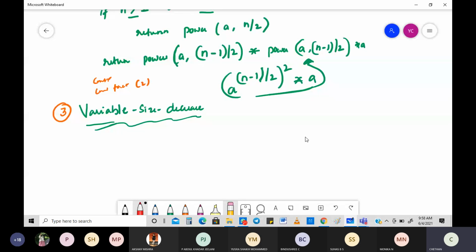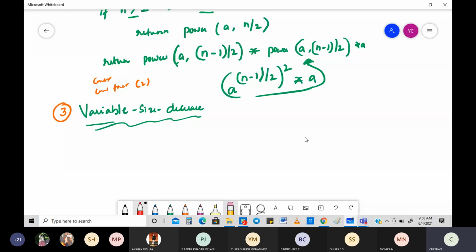As the name suggests, the name itself is pretty clear in what it is talking about. It is very clearly talking about the fact that you are going to decrease it, of course, but it will not be decreasing by a constant factor. It will be decreasing by some sort of a variable amount. So that is something you have to keep in mind here.